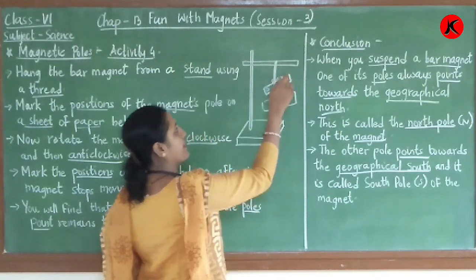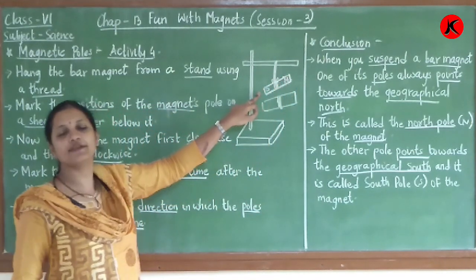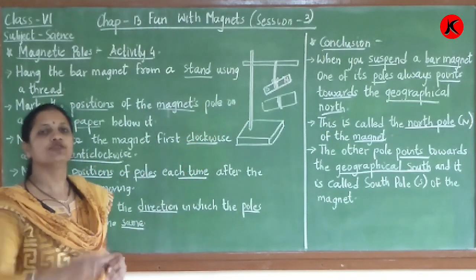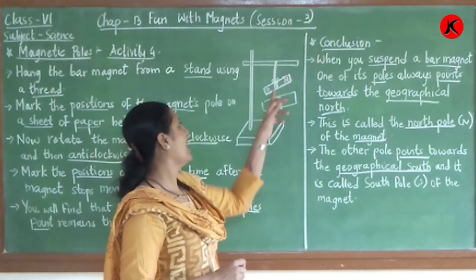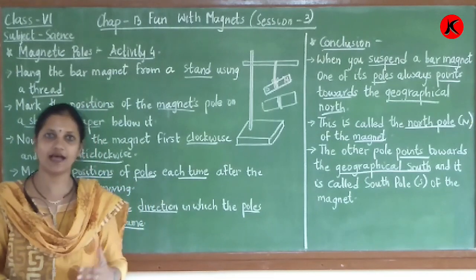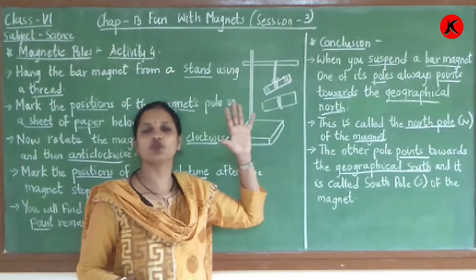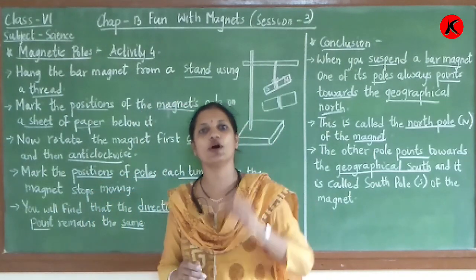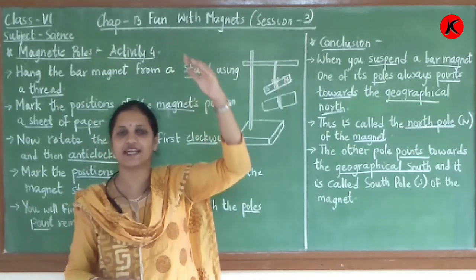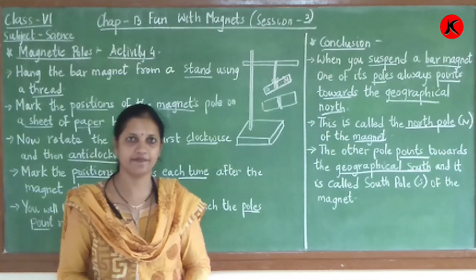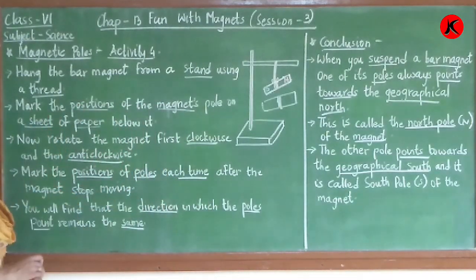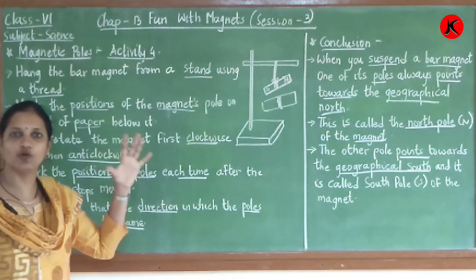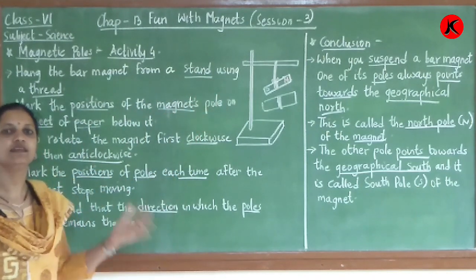So the side which is upper is the north pole, and the side which is the lower part is called the south pole. So a magnet always shows the north pole on the upper side and the south pole on the downside, right? This is because of geographical conditions, because the earth has a pull on it. So the northern part is on the upper side and the southern part is on the downside. Right, children? So in this activity we have learned about the poles, how a magnet is attracted towards the poles, and that it shows a north pole and a south pole.